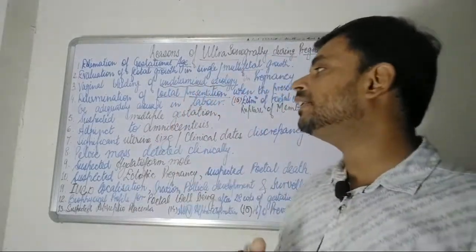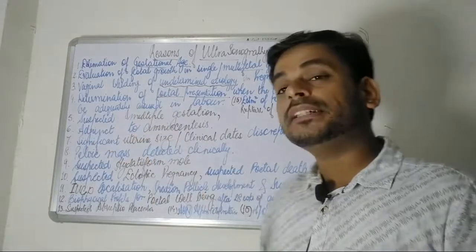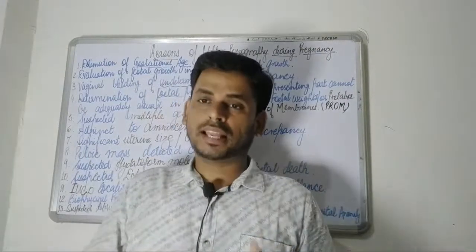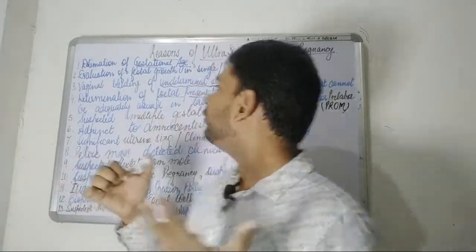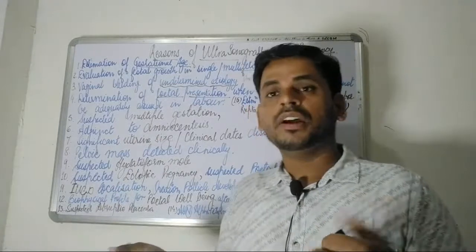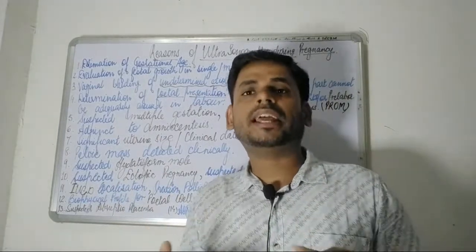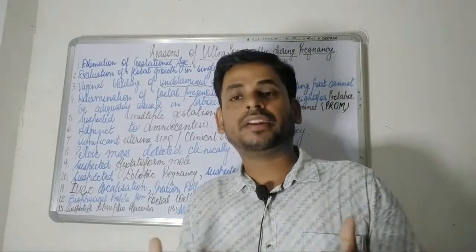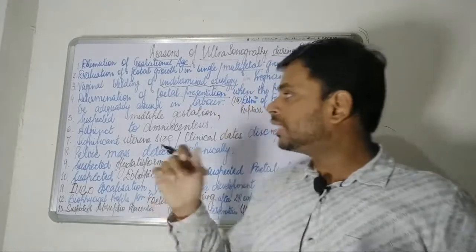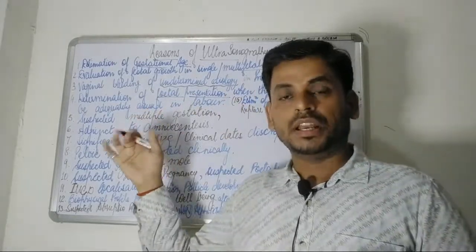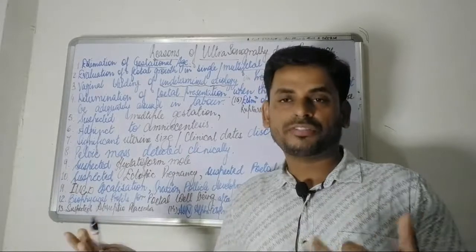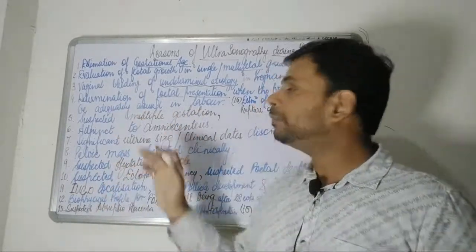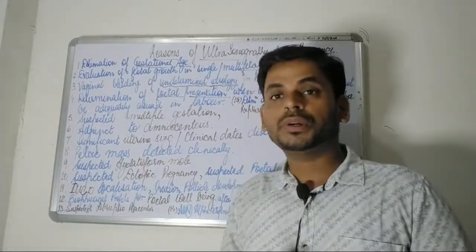Now, the next reason is suspected multiple gestation. As I've already said, nowadays in the US it is very common that there is multiple fetal growth, multiple fetuses, even triplets, twins, or any other multiple number of fetuses in the uterine cavity. So if it is suspected that there is multiple gestation, twins, triplets, or more fetuses in a pregnant woman,